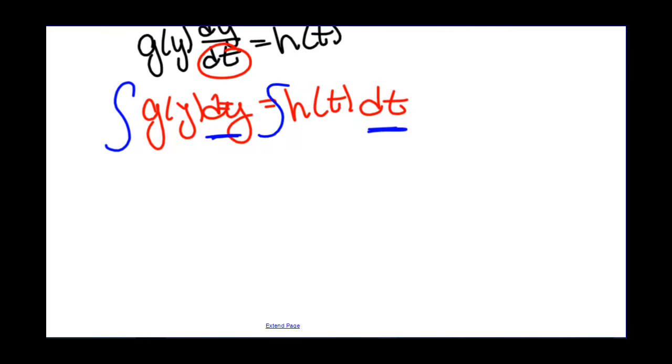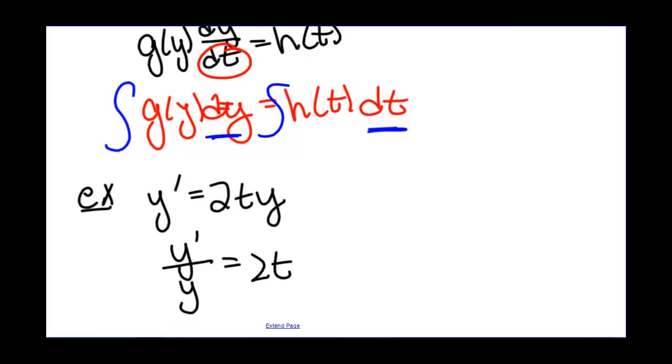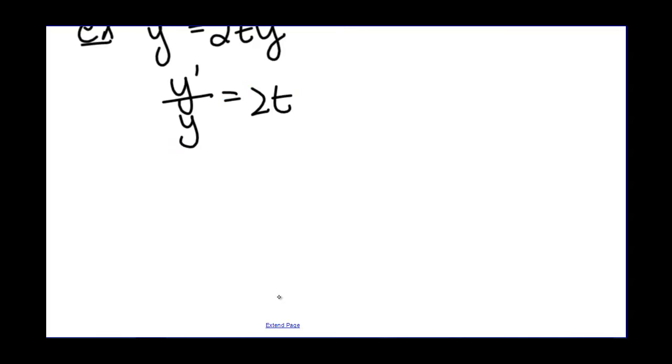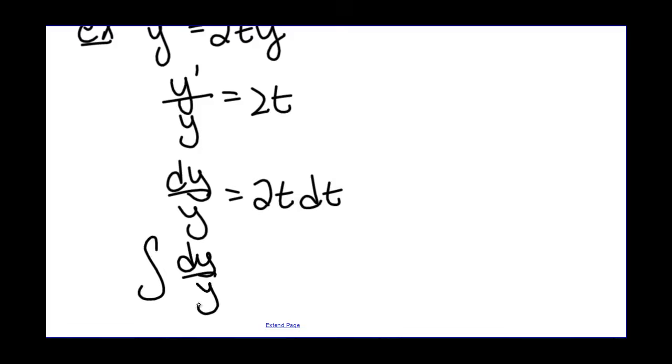So for example, if we have y prime equals 2ty, is this separable? Yes, because we have a function of t times a function of y. So to separate, we divide both sides by y. So y prime divided by y equals 2t. Then we multiply by dt, so dy over y equals 2t dt. And then we integrate both sides. So the integral of dy over y equals the integral of 2t dt,